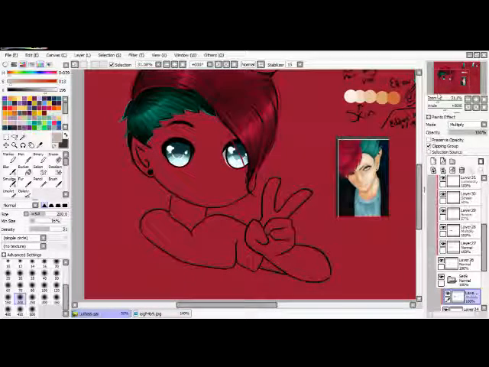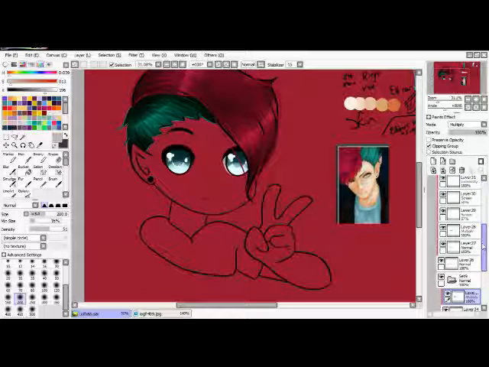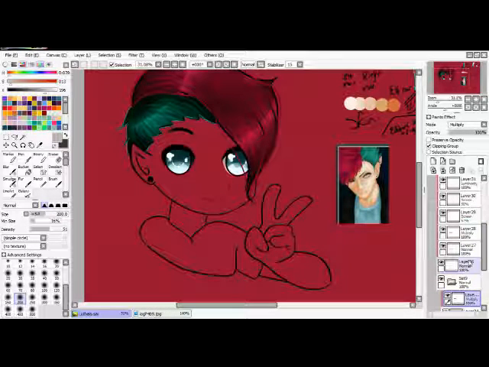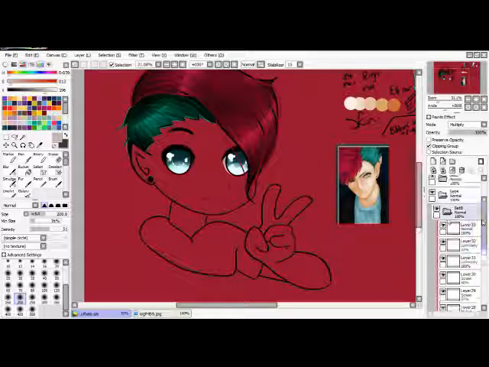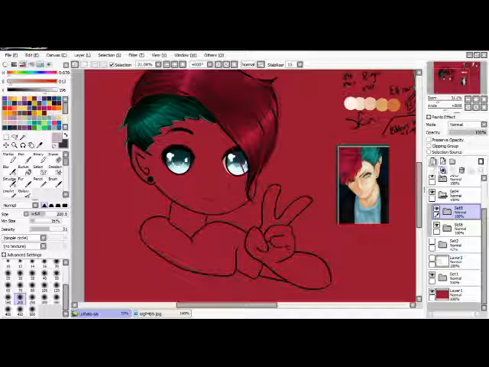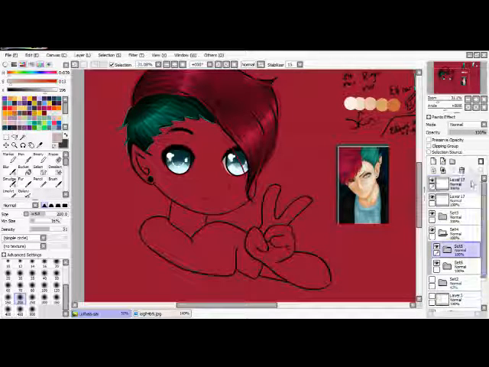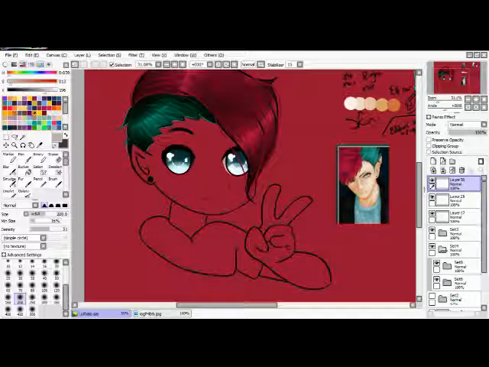Alright, and because it's a male, I don't do eyelashes. I usually do eyelashes when I do the outline anyways, which will kind of look like this